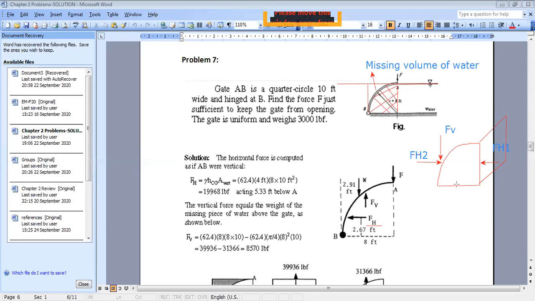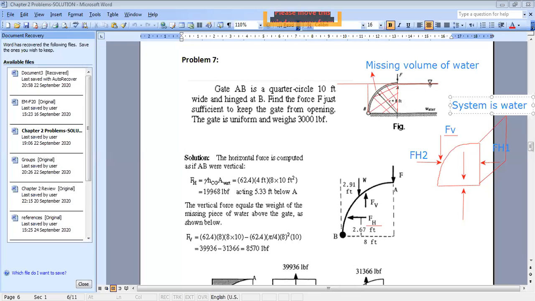Now, concerning the vertical direction forces, what do we have along the vertical direction? We have FV to find, and we have the weight of the fluid, and we have the pressure forces from the bottom level. Please keep in mind that here my system is, in this figure, my system is